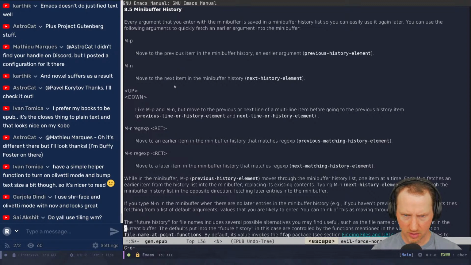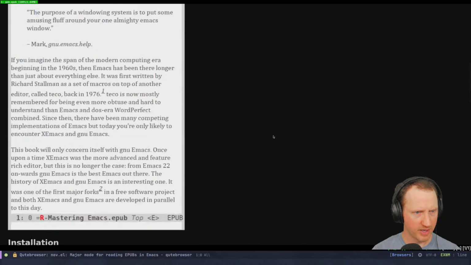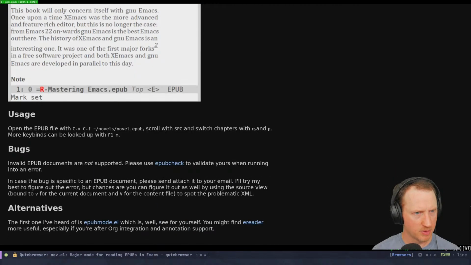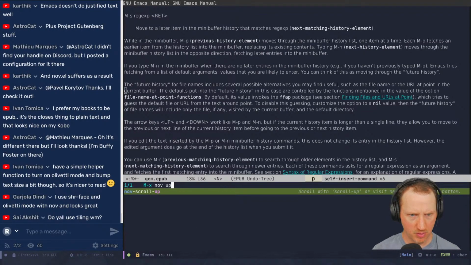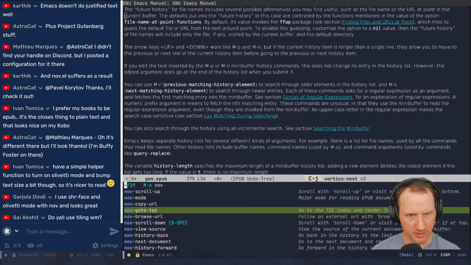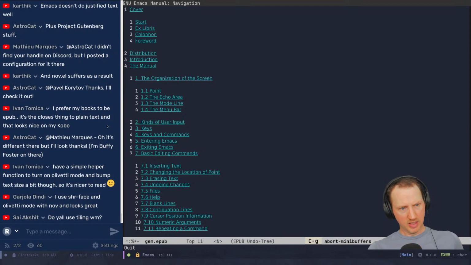Let's see, what other key bindings do we have set up here? Do I not have which-key turned on? Great. So there must be bindings for navigation around, but actually I didn't set any up, so maybe nov-up. No. Nov-go-to-table-of-contents. Okay. So there are some navigation commands around. You just may have to set up bindings for those. But that's pretty cool though.